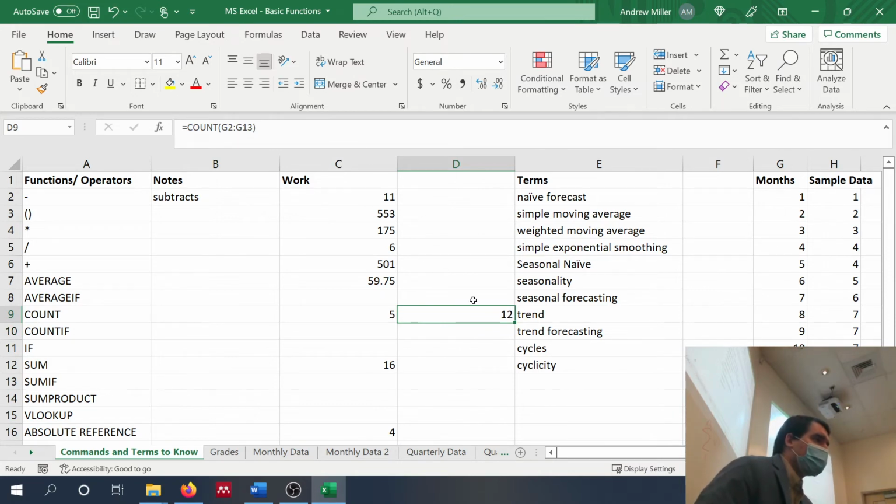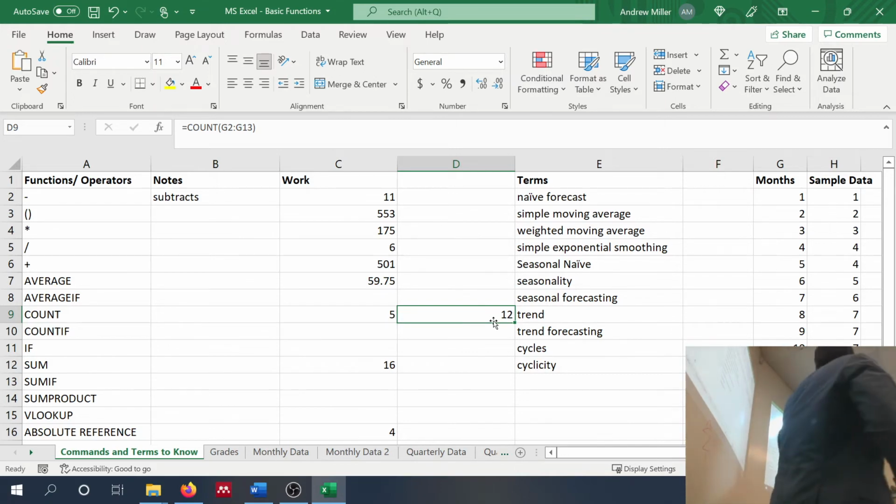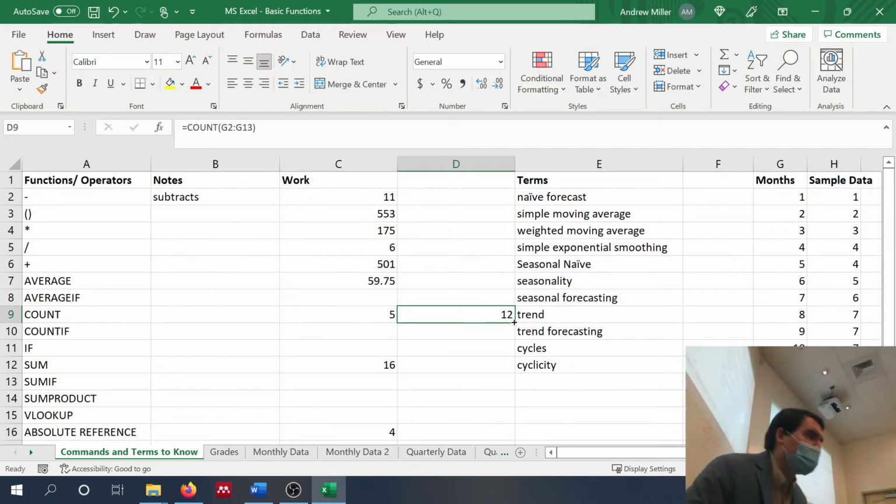Okay? Now let's say that I were to copy this formula down. We'll be doing this a lot as the semester goes on. Click in the cell. See this little box right here? Mouse over that box, you should get a cross. So once you have that cross visible, see how I have the cross just mousing over this little box in the bottom right corner? Click on that and drag it down 2 cells. You see how that went from 12 to 11 to 10 in the count?